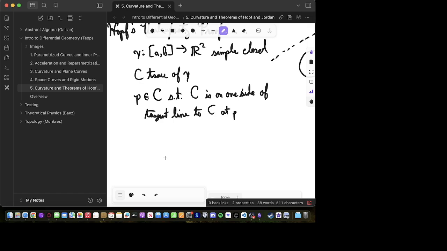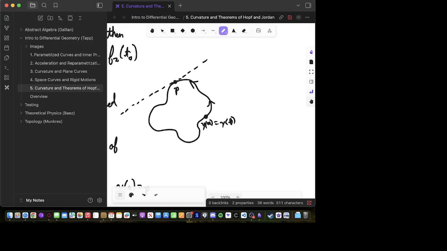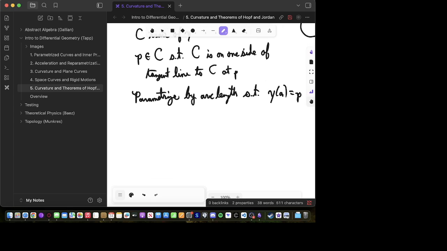So now let's parameterize it by arc length, such that gamma of A equals P. So this is no longer the case. Gamma of A. So let's talk about the triangle T, which is the set of (t1, t2) such that A